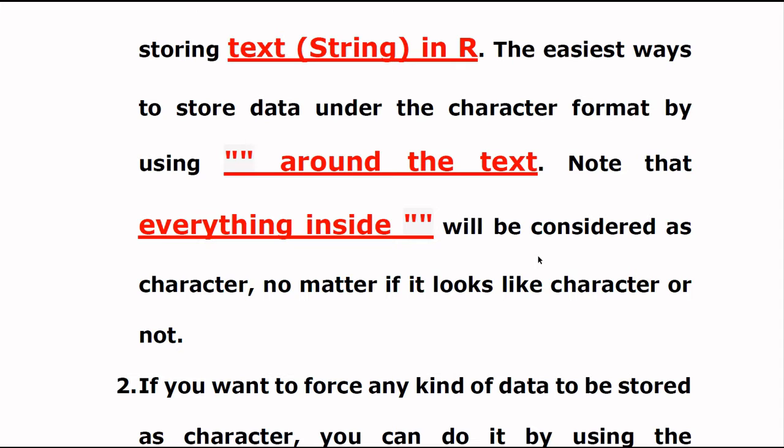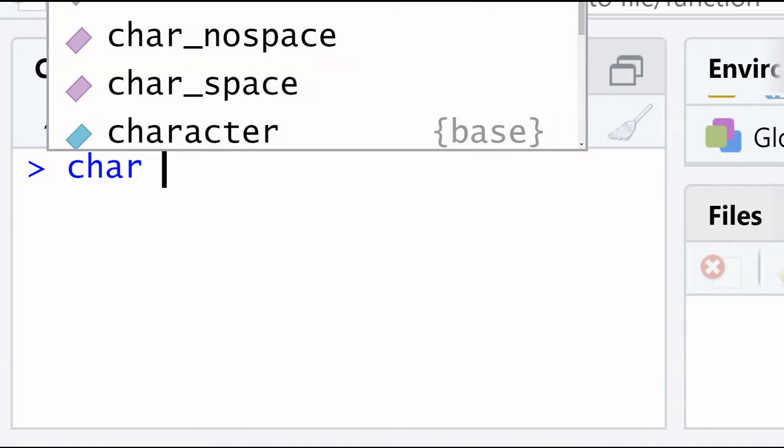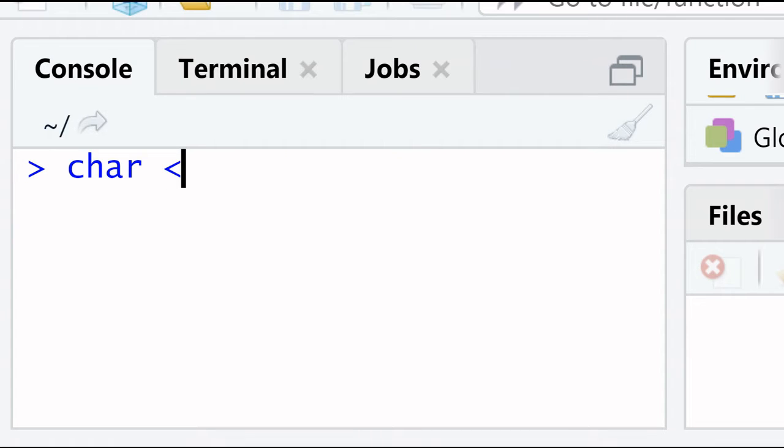Now we perform this in R. Here is the variable name, a short name for character, assignment sign, inverted commas, and I write text.